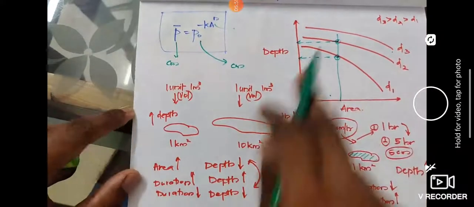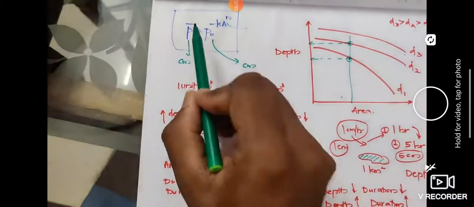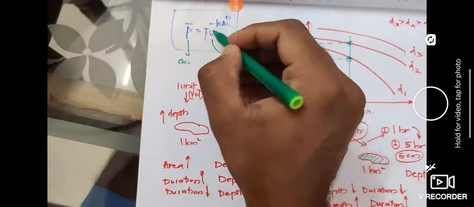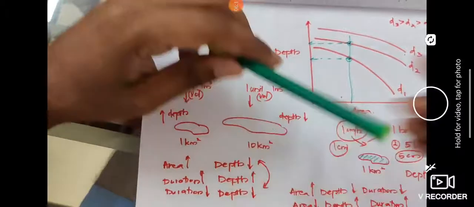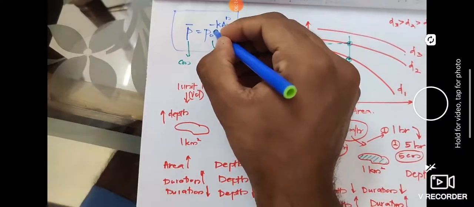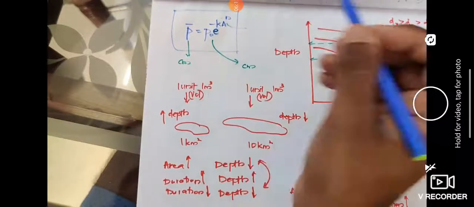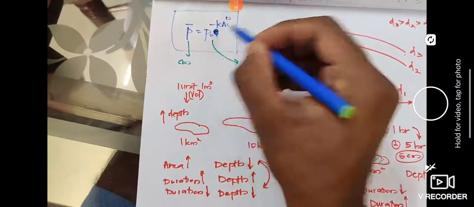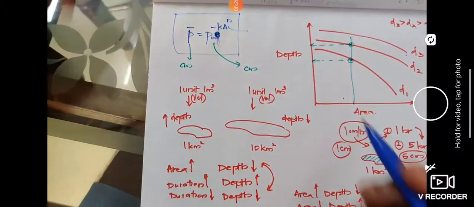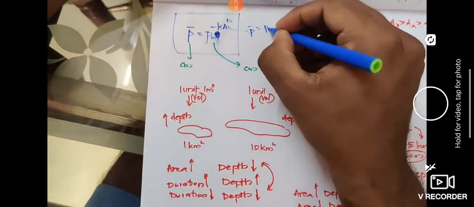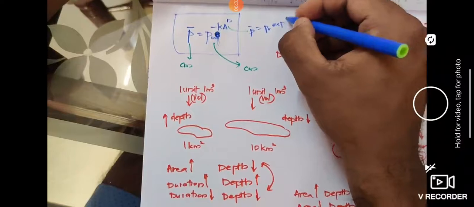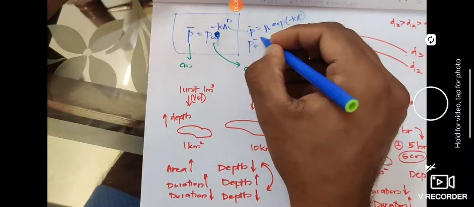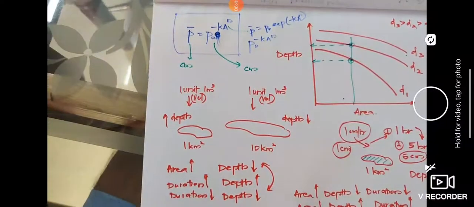And this curve and the numerical expression of that curve is the average depth of rainfall is given by P naught multiplied by an exponential term. Both are the same. So that's why, in the textbook, you will see it written as P naught exponent of minus K A raised to n. So this means the same thing, that is P naught raised to minus K A raised to n. So this is how it has been varying.